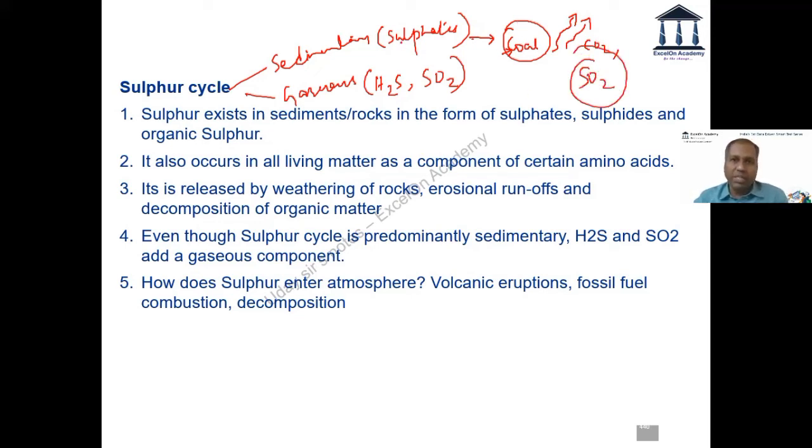That is why this is one cycle where you start with the sedimentary rock, with the sulfates in the rock, which is a sedimentary kind of cycle, but you also have the gaseous aspect. So this is the only cycle which has the distinction of having both gaseous as well as sedimentary aspects. There are also natural ways through which sulfur dioxide is released, as I mentioned earlier in the class. Volcanic eruptions are another example where sulfur dioxide can be